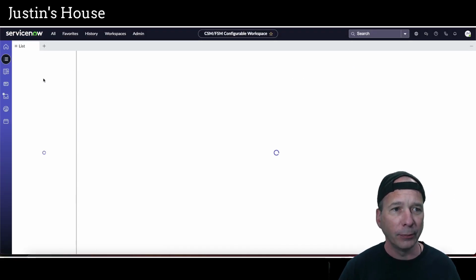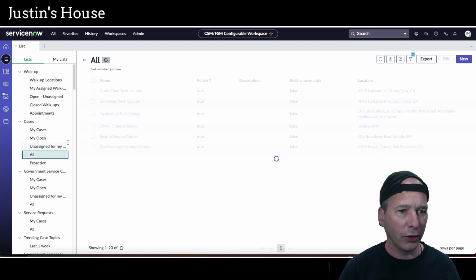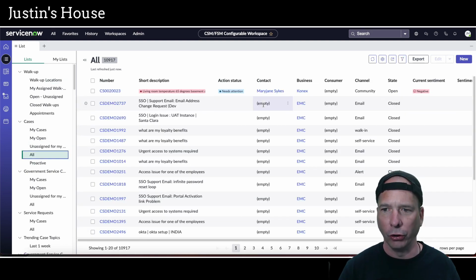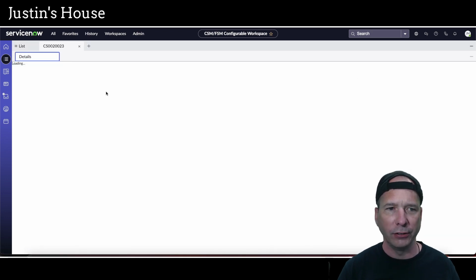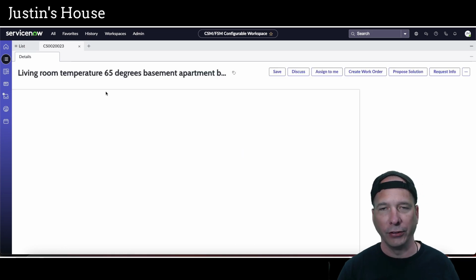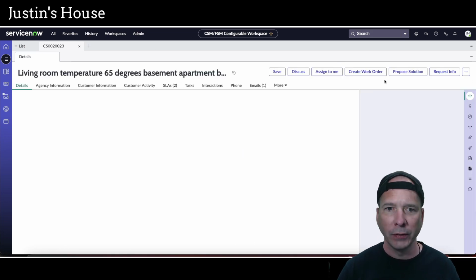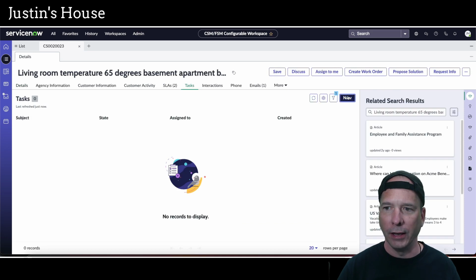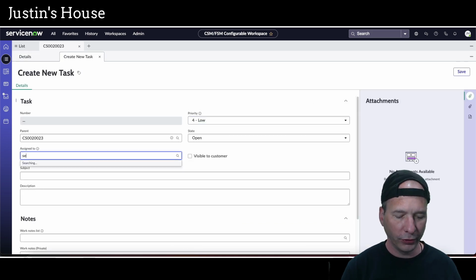So let's go ahead and open a case. Let's grab all cases. I was looking just for open cases, and we got one open here for Mary Jane Sykes. And from this case, I just want to create a task and assign it to that ServiceNow Sprinters team. So here we go, tasks, and we'll click new. We'll assign it to that team